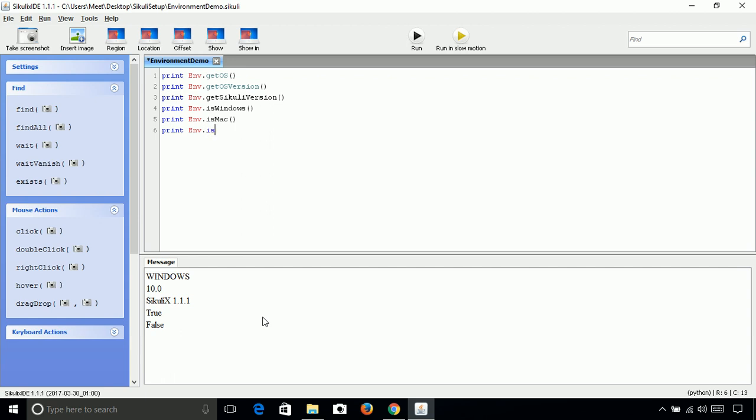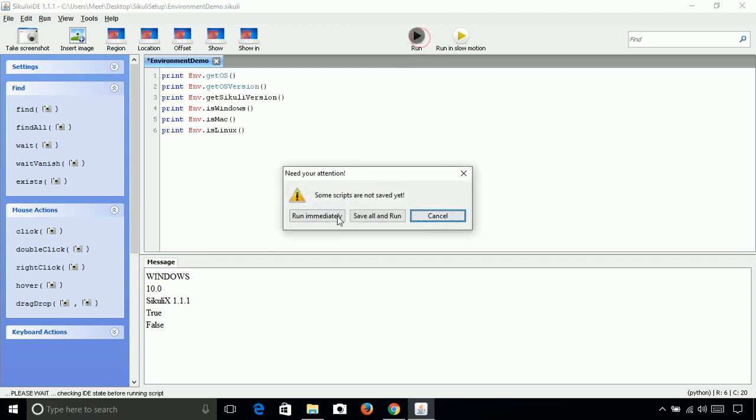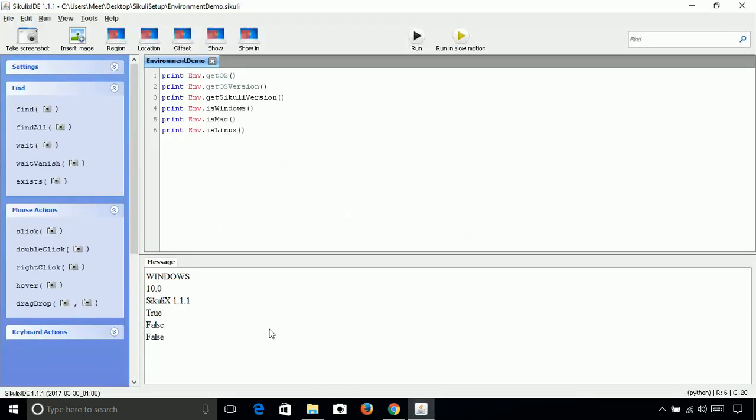It should also return false as my system is not Linux. Save and run. See, it is returning false. So these conditions you can put in conditional statements to check whether the user system is Windows, then take these actions. If it is a MacBook, then take this action. If it is running on Linux, then take some other action. So this is how you can code the Sikuli scripts.